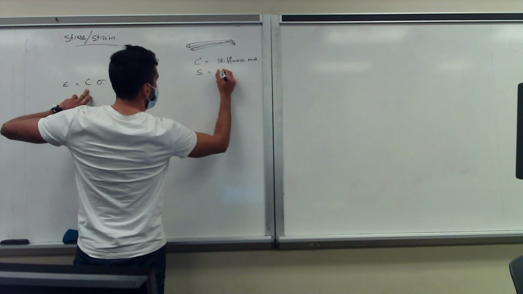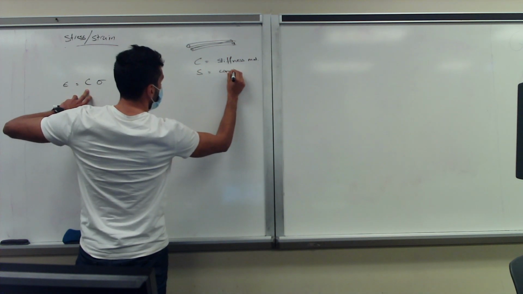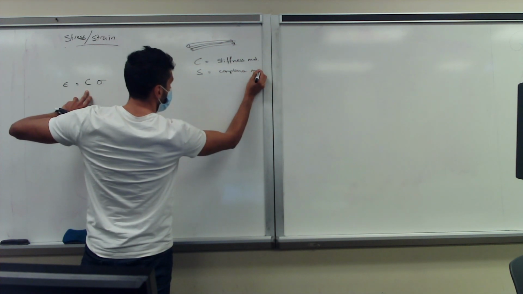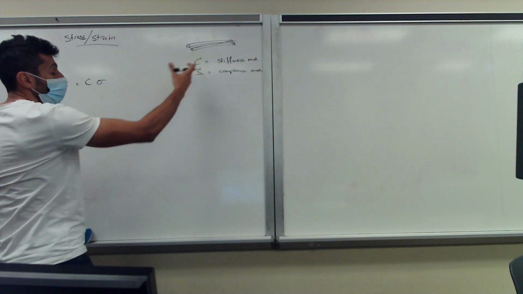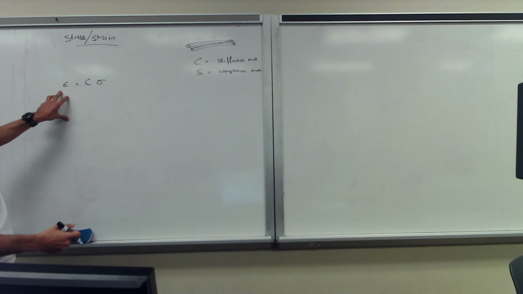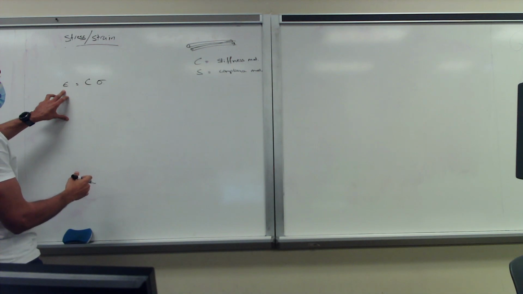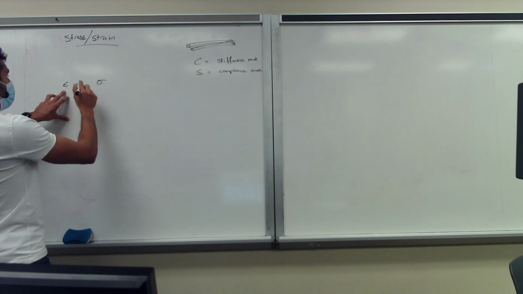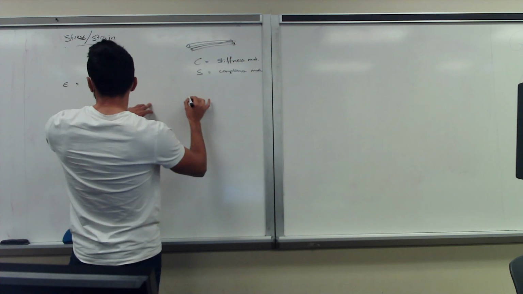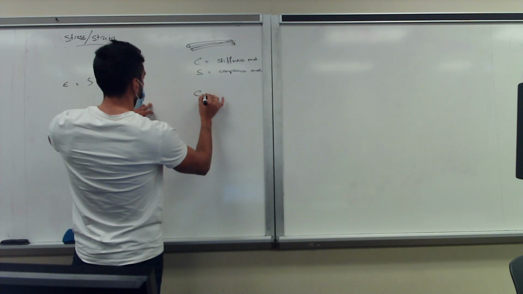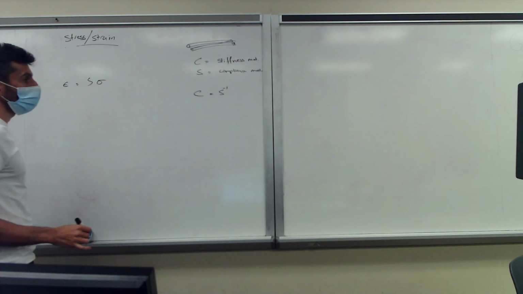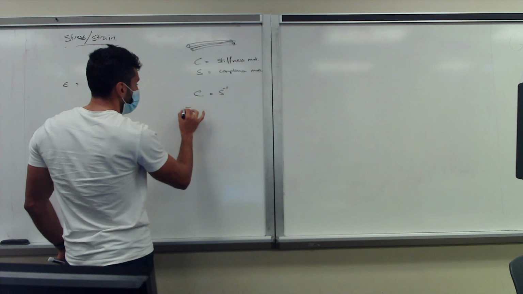And S is our compliance matrix. No idea why they did not flip it around. So basically, if you take, yeah, this is incorrect. This should be like this. So basically, C is the inverse of S, and this is basically